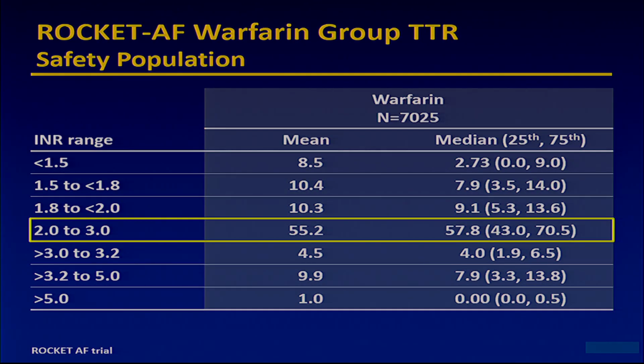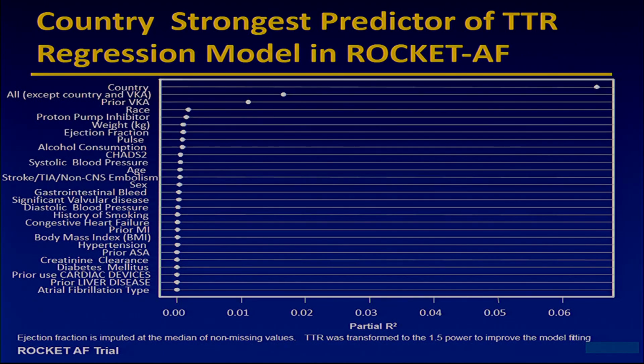Now, in the ROCKET study, one of the things that drew a lot of attention as the results were reported out was the time in therapeutic range for the population. You can see there was a variation despite all the great methods for doing this and attention to it across the different INR ranges. And one of the bigger drivers for this was really things that may be unrelated to the trial design, but relate to the population as well as location and how easy it is to incorporate trials into practice.